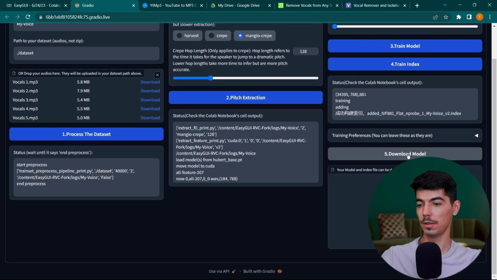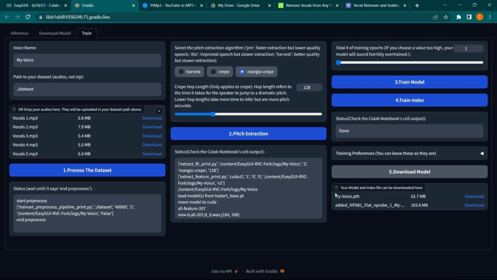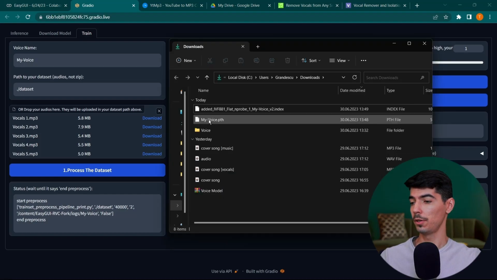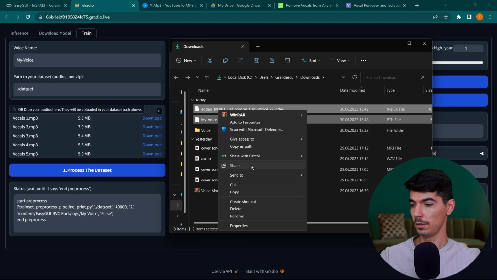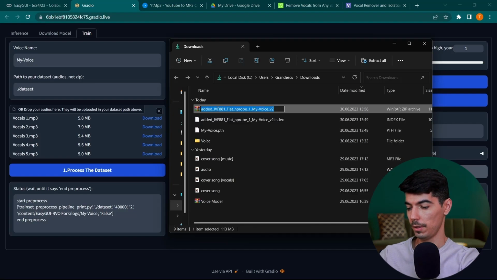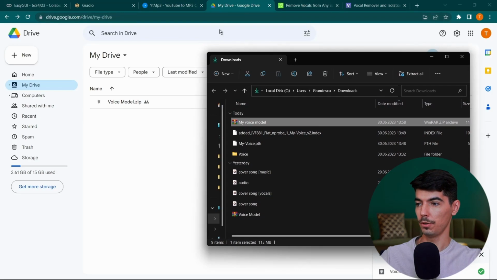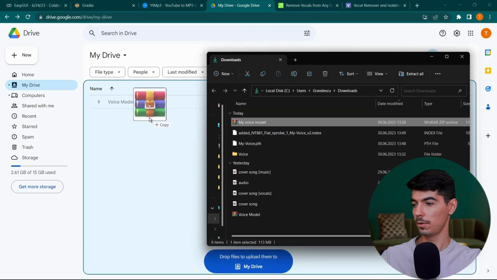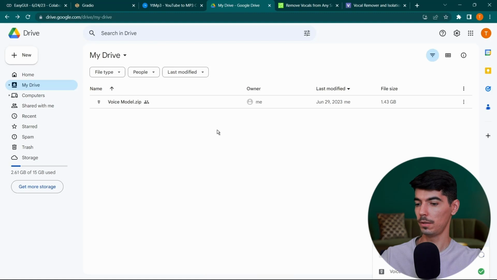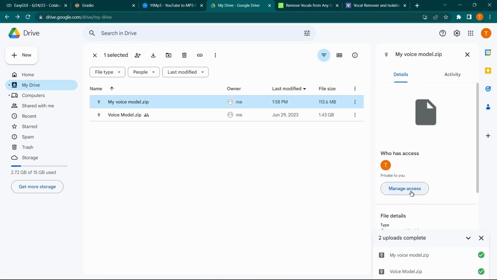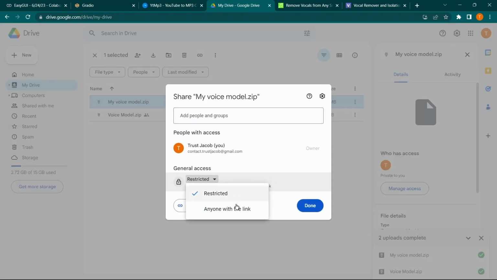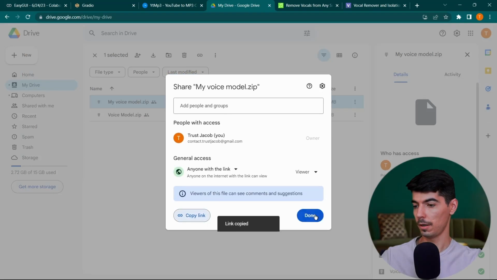and you can just click on the download model, and now you have two files here. You need to download both of them. Once you have both files, you need to zip them together. So send to compress zip folder. You can give it a name, and then again we are using Google Drive, so you need to upload your new file here. You click on your file again, you go to manage access, anyone with the link, copy link,